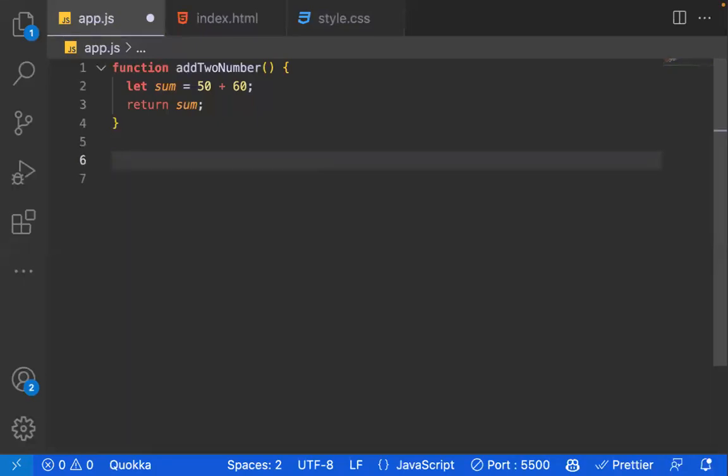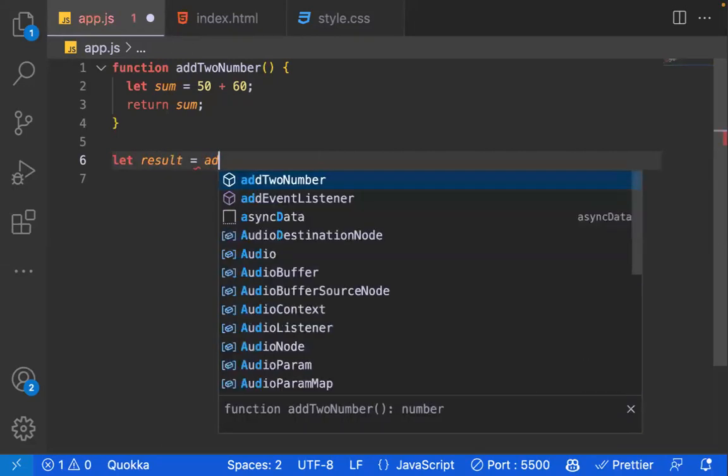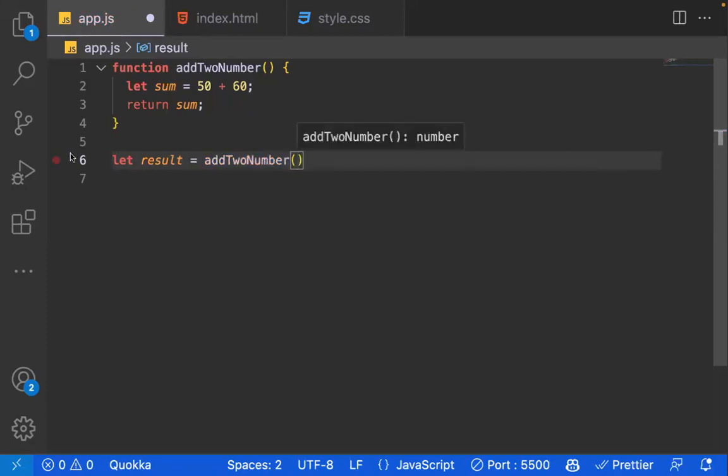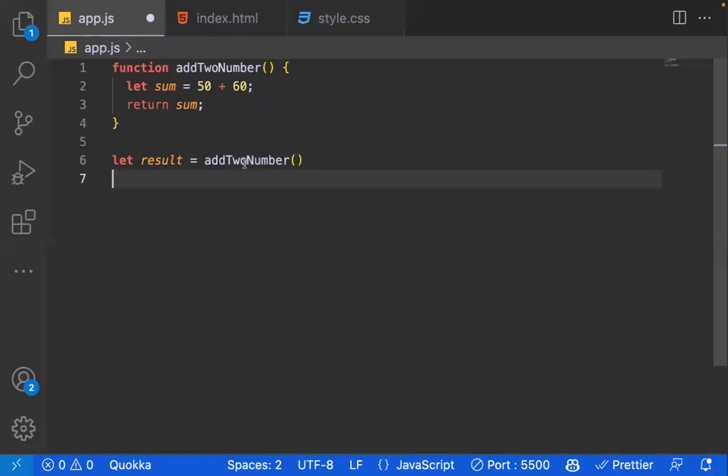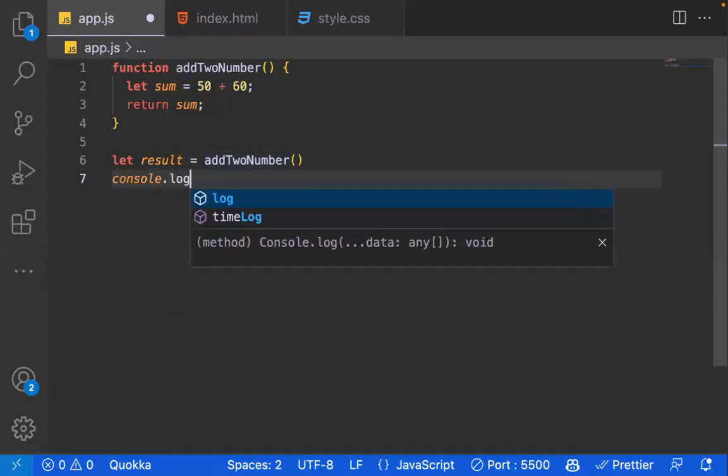Let's say let result be equal to addTwoNumbers. Remember, this is our function, and then we are calling it. The only way you call a function is to write the name of the function and then add your parentheses to it. So this is calling the function. And remember, what is this function returning? This function is returning sum, and then that sum is what we are assigning to our result. So if I say console.log result now,